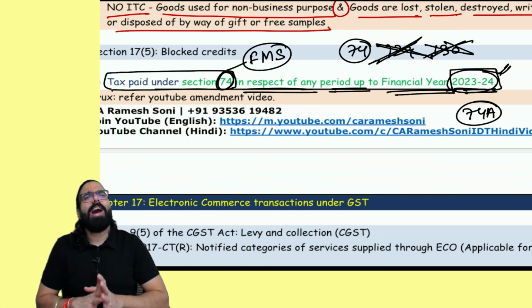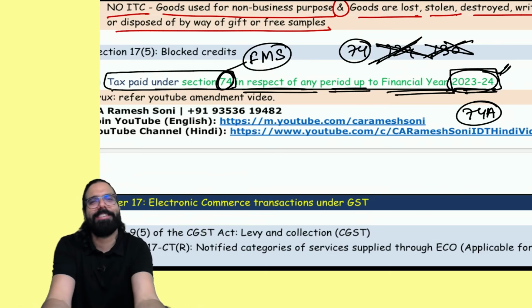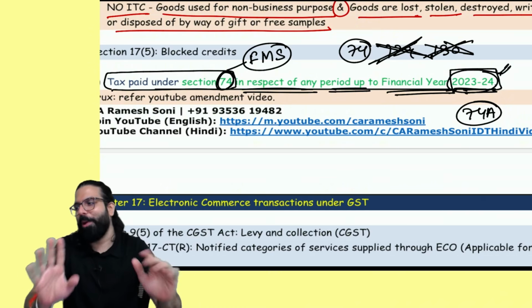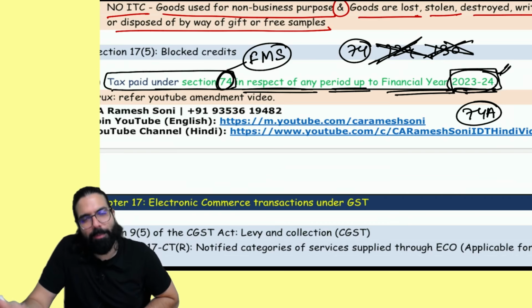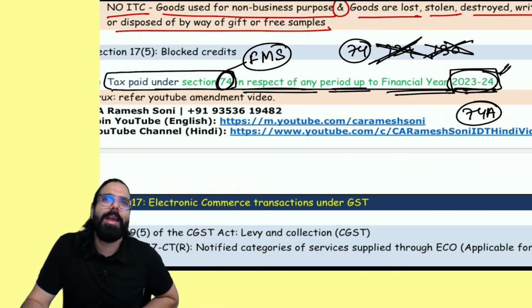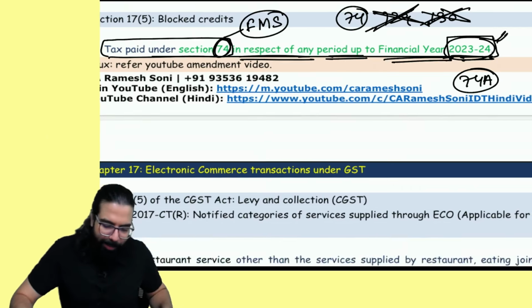After 2023-24, now section 74A has come. And in 74A, if you pay any taxes, the credit is allowed. It is no more blocked. Done, sir. This point is clear. That's all they have written over here, and I've told you 129, 130 was there, which were not relevant over here, hence deleted. Section 74 still remains, and they're telling that in section 74 fraud, if you pay any tax up to the year 2024, you will not get any credit. After 2024, now new section 74A is inserted, and in 74A, whatever tax you pay, you will get the credit. Don't worry about it. Done, sir. This point is clear.